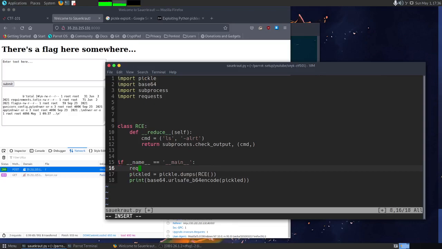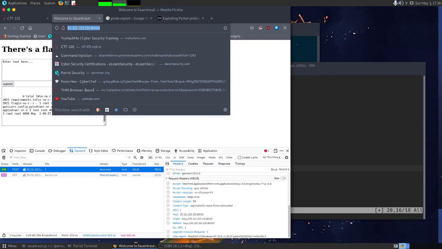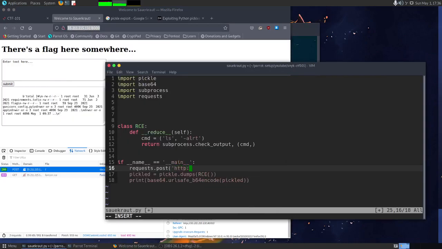Inside this, let's call requests.post, and we want to call it on the URL, which is HTTP, and then the data that we want to send is basically data equals text equals the base64 encoded URL, say pickle data,